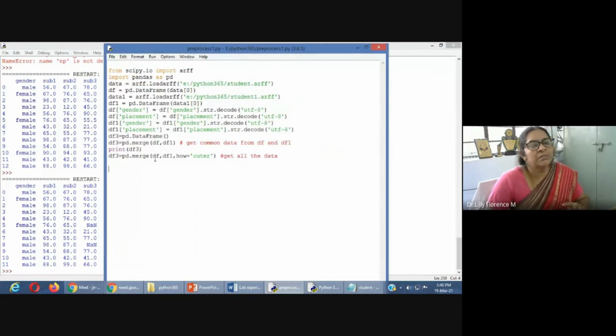The second method of merge, we can specify in what way you can merge. The merge we can do in two ways. One is inner merge, another one is outer merge. That you can specify in the attribute how. So inner is the default. So here inner takes place. Now I have specified outer. So just see what you are getting as the output here. So just I'll make this a comment.